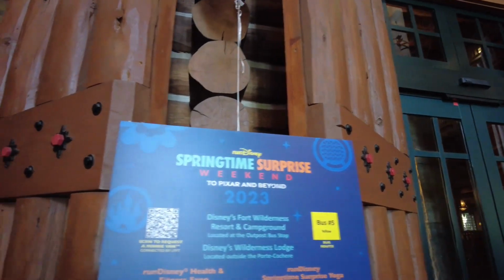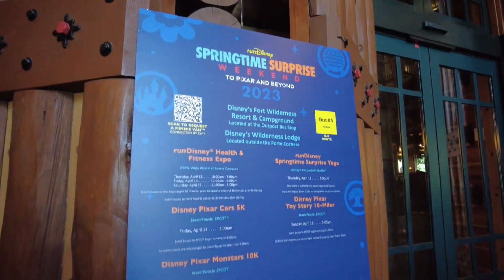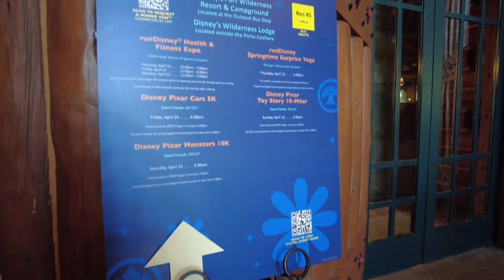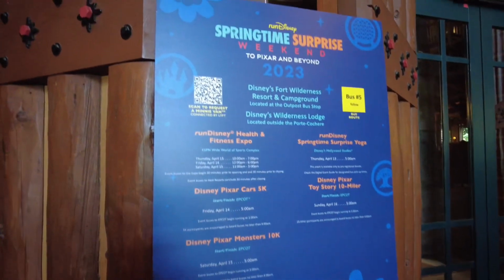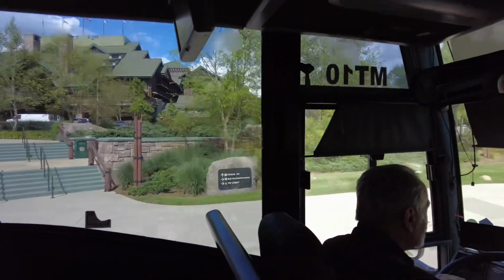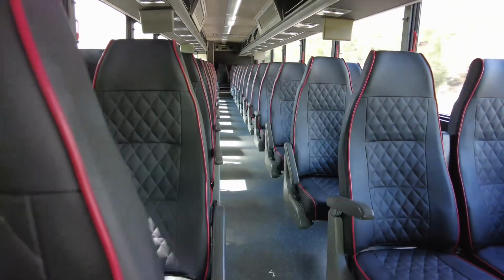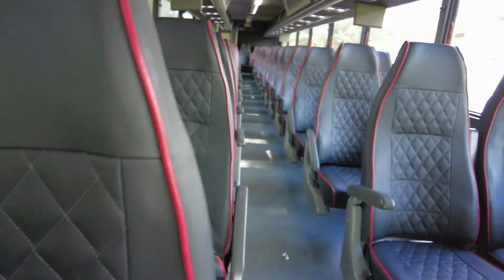Okay, here is the transportation information for the weekend for Springtime Surprise. And they've also got QR codes you can scan to put it on your phone. And so right now we've got the expo is open until 7, and I am headed to the expo. I'm on the bus on the way to the expo, and it looks like I had the bus all to myself. And he's got a couple of stops, so it won't finish this way, but for now I have a private ride. Pretty sweet. I've just arrived at the expo, and I just passed the area that you go into for